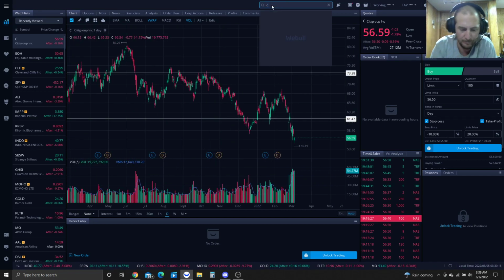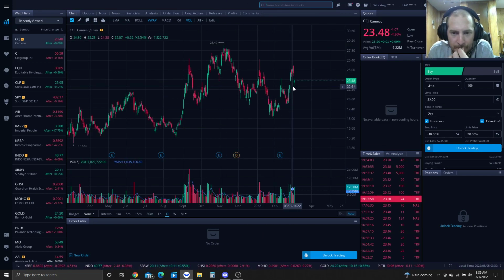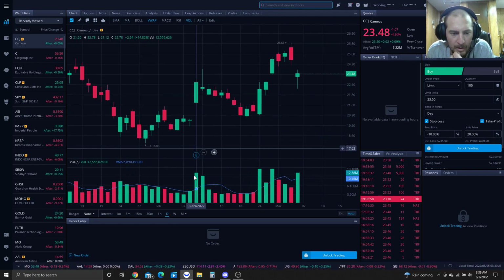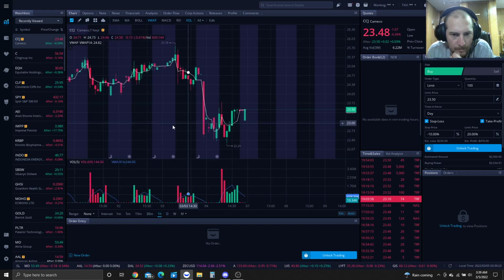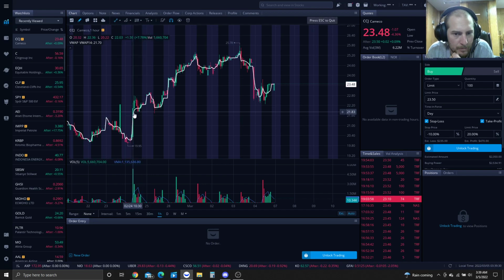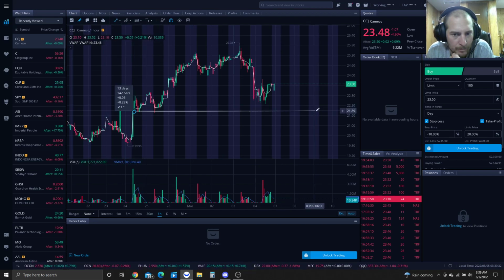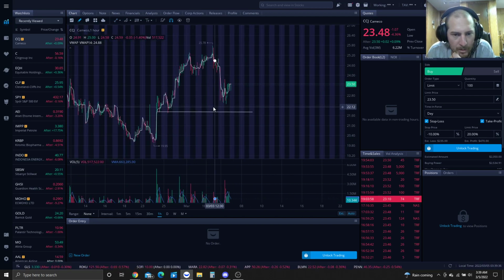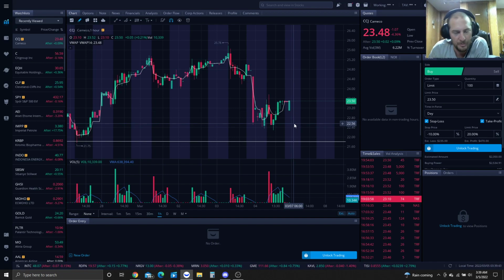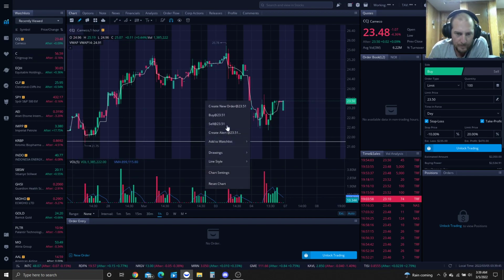That's Citigroup. There we go. See, it's popped down. It's filled this gap. It's got a good support level here. Right, good support there. It's another good support here. So this could be something to add to your watch list, right? Okay, so